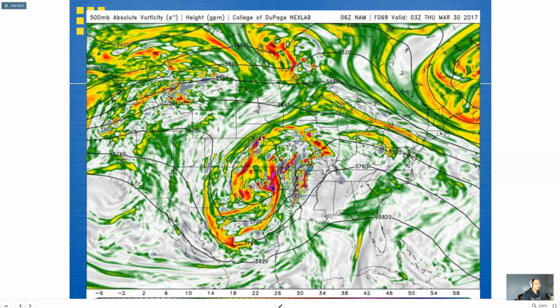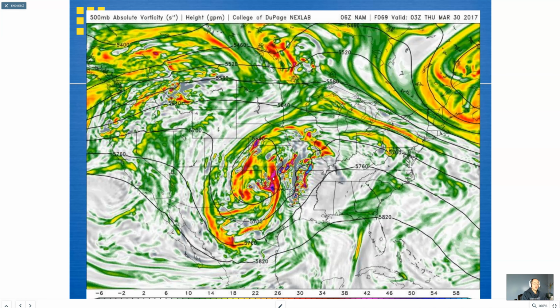And so here you can see our heights at a low value. We have a closed contour here. Again, we're going to primarily look at things up at 500 millibars when we look at vorticity. And you can see some high values spinning around this area, this trough across the midsection of the country. Some very high values here near the Red River Valley.